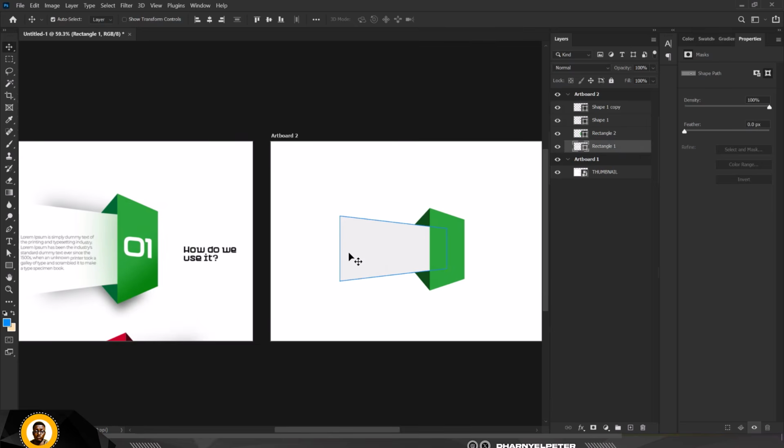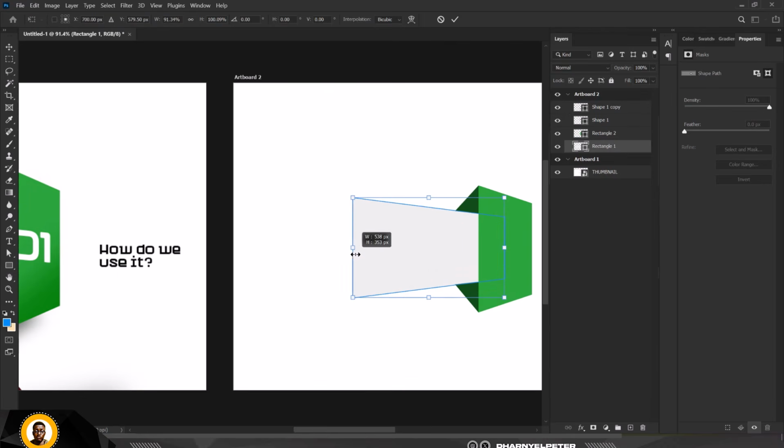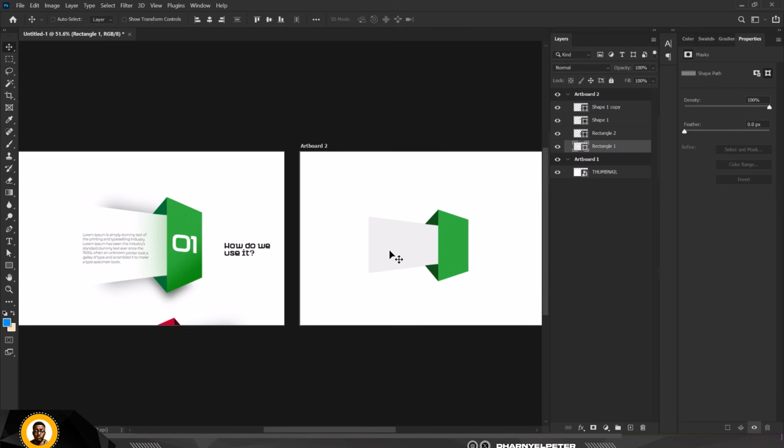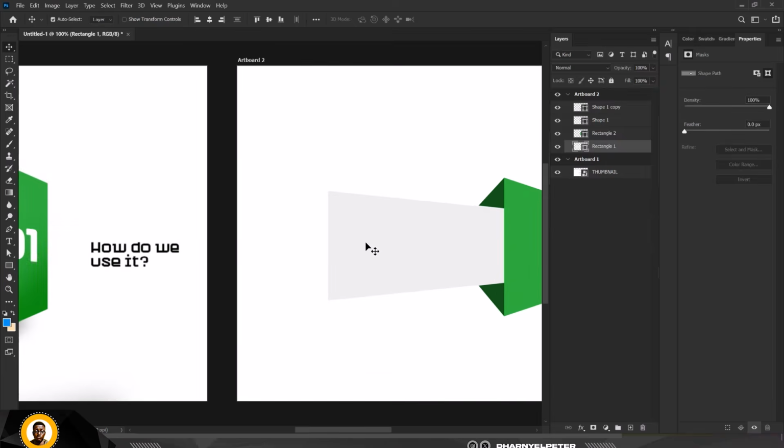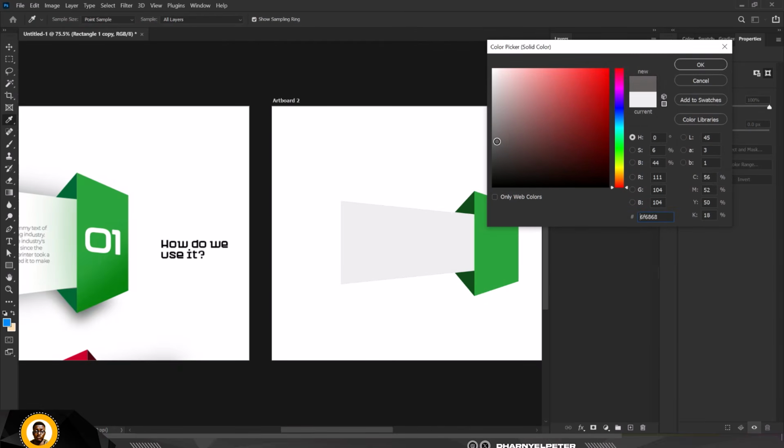Okay, so let's try and create this shadow. So to get this shadow, what I'm going to do is make a duplicate copy of this first rectangle, this one here, this one. So let me bring this in. It seems to be too big. So like I said, make a duplicate copy of this, right? And this is what we're duplicating. Make sure you don't make the mistake. So I've duplicated it. You can see it. I'm going to put it under. And I'm going to change the color to a darker shade,